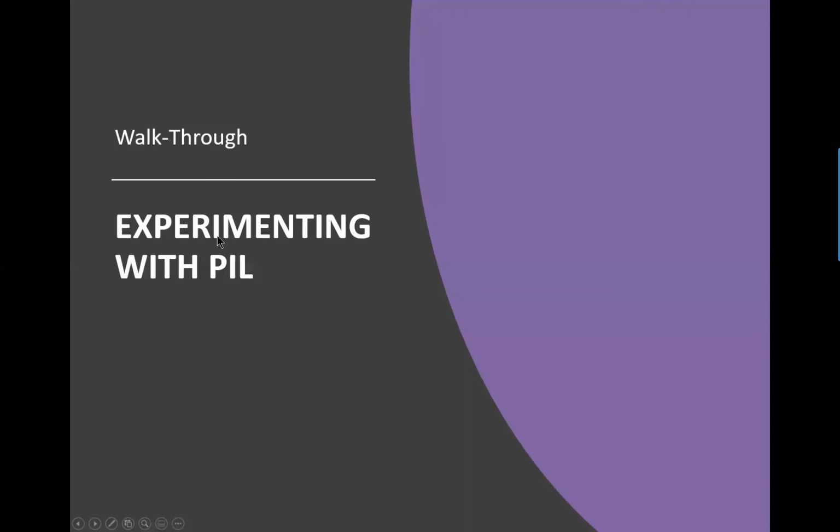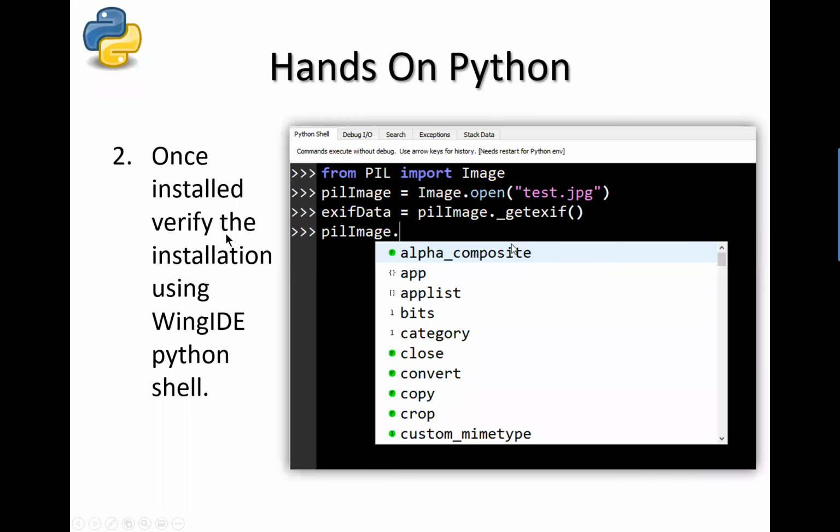So just kind of a tip. The next thing we're going to do is we're going to experiment with the Python image library, which is a little bit more complicated. But again, once you've installed it, or it's already installed in the VLE, you can again come right here to the Python shell and you can start to experiment with it. So for example, in this case, I'm going to bring in the image module portion of this library. So I'm saying from PIL import Image, and then I can say PIL image. I'm going to create a new object, which is going to be a PIL image, and I'm going to open